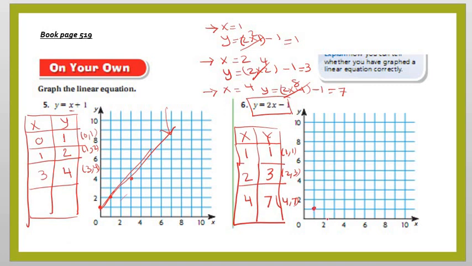When x equals 2, y equals 3. When x equals 4, y equals what? 7. And now we are going to connect these points here, and this is my linear